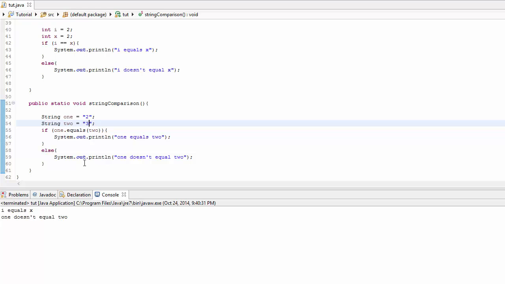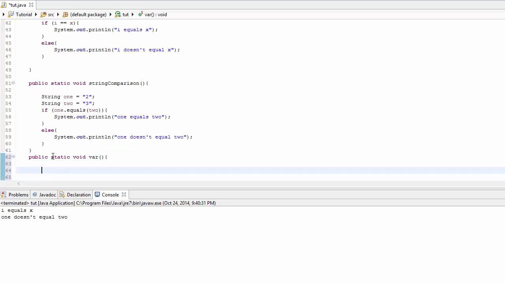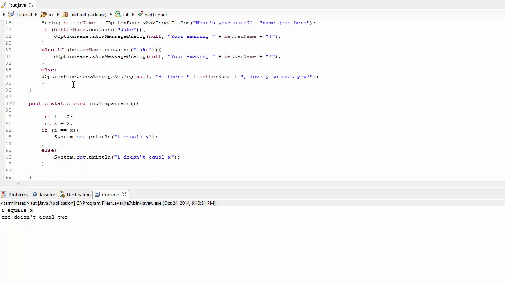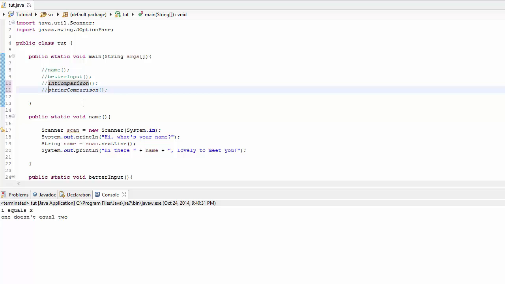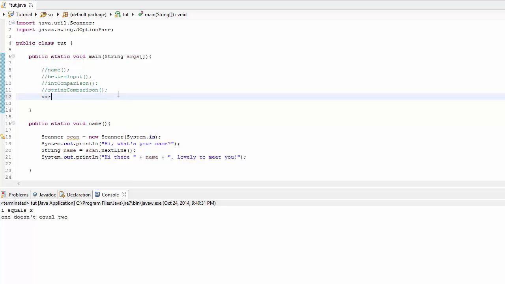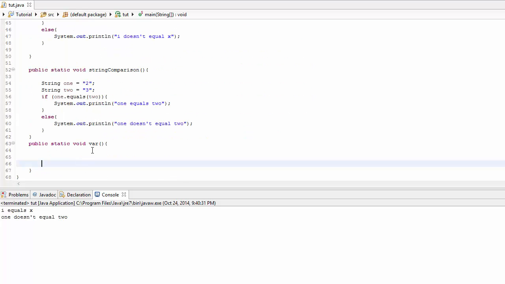Oh no, what I was going to show you was one more void. I was going to show you some different types of variables. So we can run this variable method. So in this method, we are